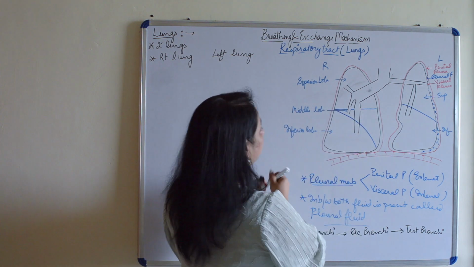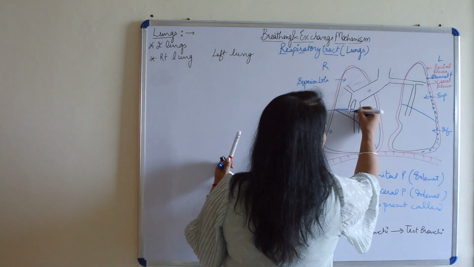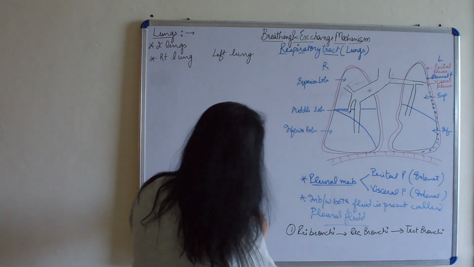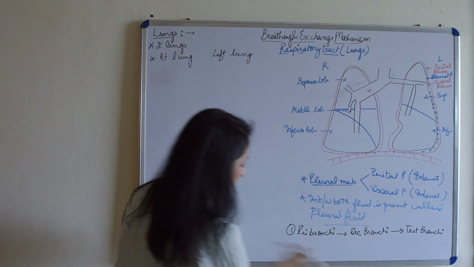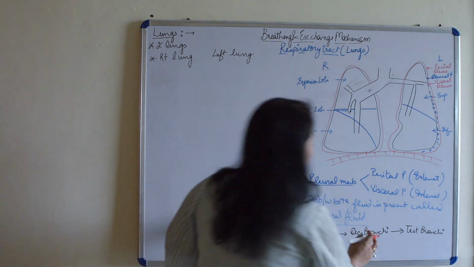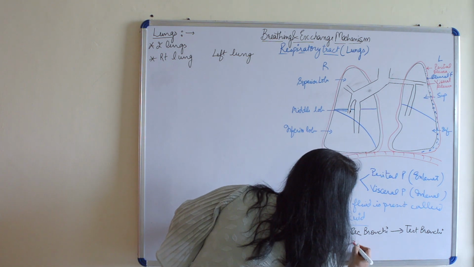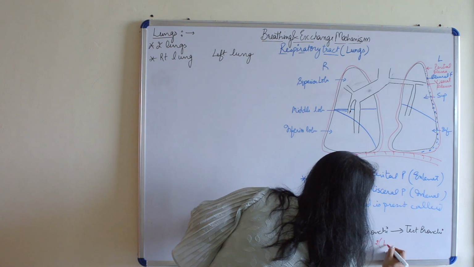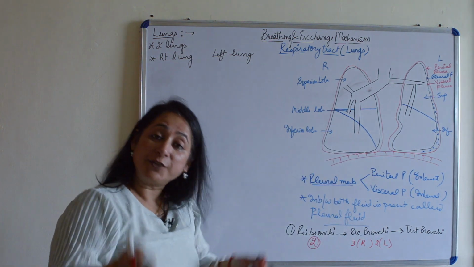Three in case of the right and two in case of the left lung. I'll quickly write it here so that you remember. Primary bronchi are two in number, one in right, one in left. Secondary bronchi are three in case of the right lung and two in case of the left lung, which further divide